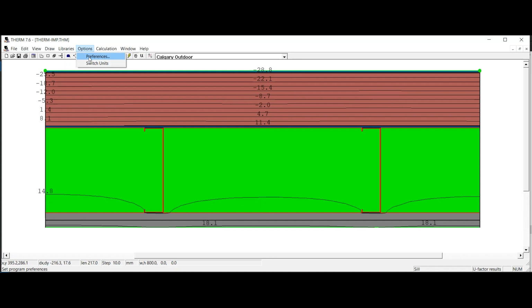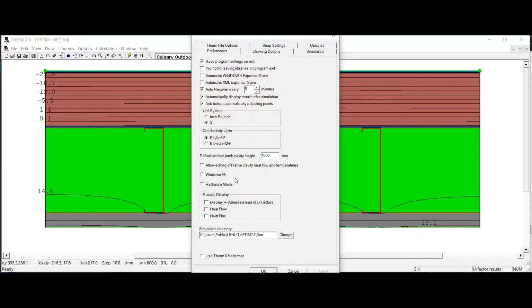And then when you get to, oh, there's actually something else we could do here. I'm sure this is very painful to watch, but it's been a long time since I've used this program. We can get the temperature at the cursor somehow. Ooh, here's a good one. I was looking around here. Display R values instead of U factors. That's what I like. And it wouldn't be R because I set it to metric, I think, somewhere. Yes, metric. RSI is what we'll actually get,